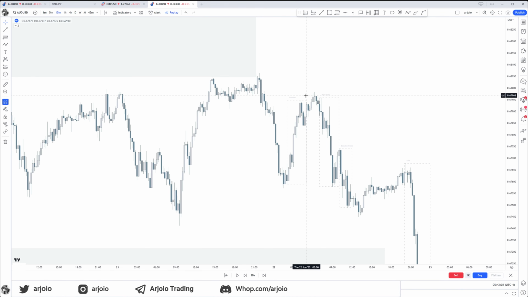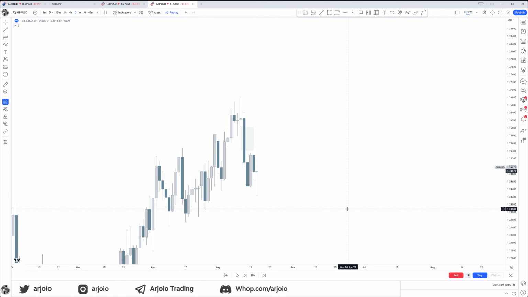So let me give you another example. All right, here we are on GBP US dollar, aka GU, aka cable. So here we have a daily fair value gap. Again, this is also a trade that I took. Now, here we are going to be looking at a New York reversal. So you usually have either your London high of the day or low of the day, of course. In a bearish day, you would expect a high of the day to be made in London or in New York. Now, how can we know it will happen in New York?